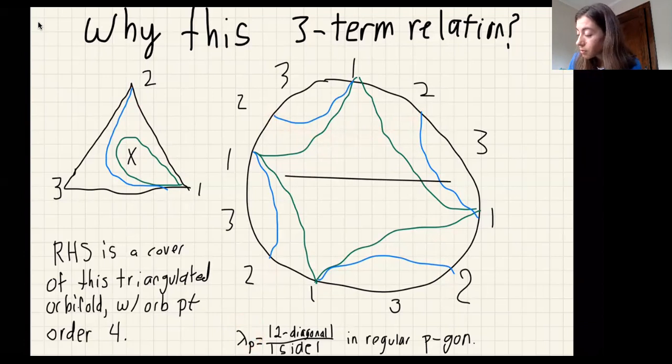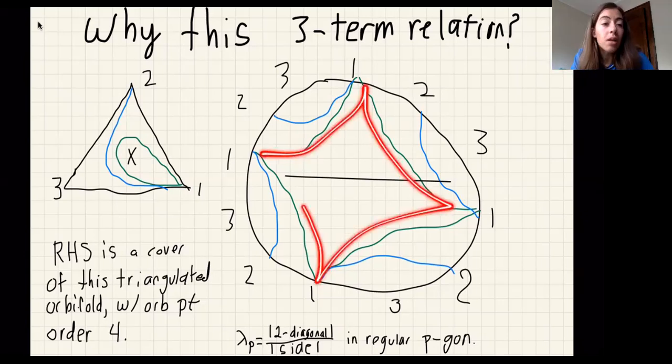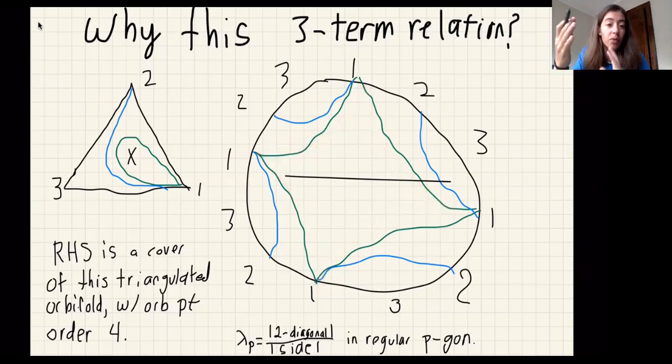But we can think about this polygon in the middle, and if this was a bigger order, it'd be a bigger polygon. So we think of it as a regular polygon because every side corresponds to the same thing in the orbifold. So when you do the Ptolemy relation, you're going to pick up an arc